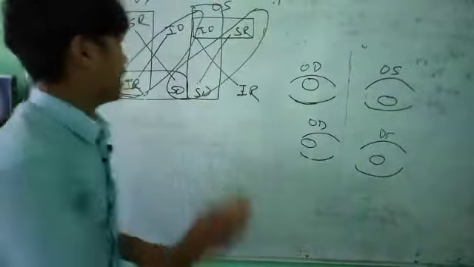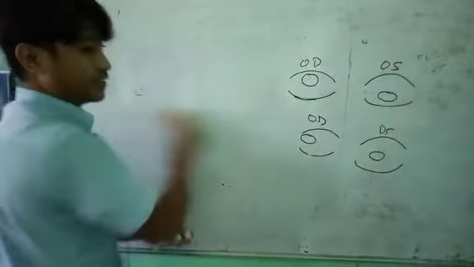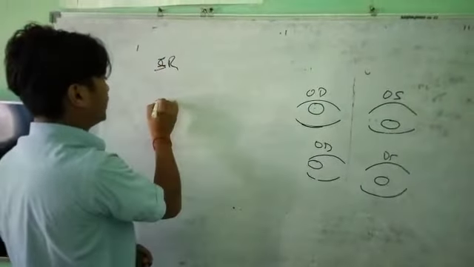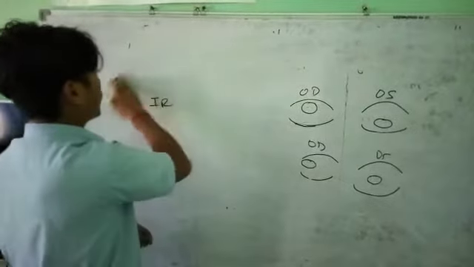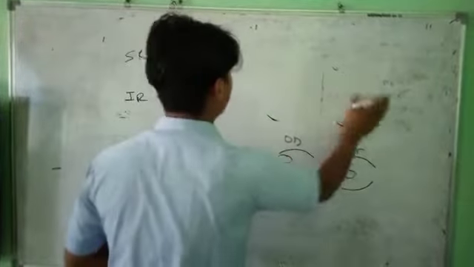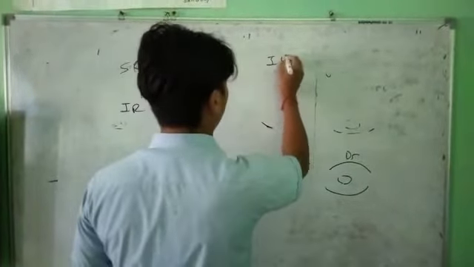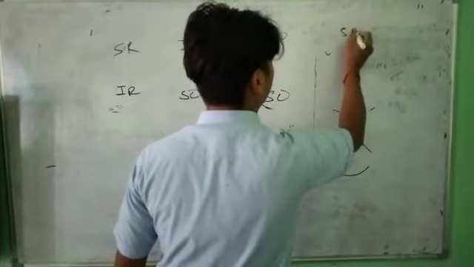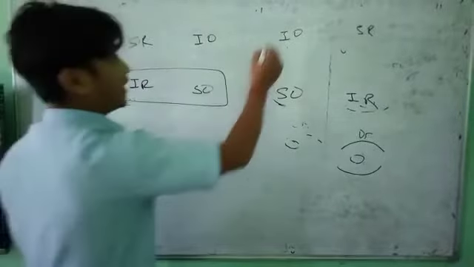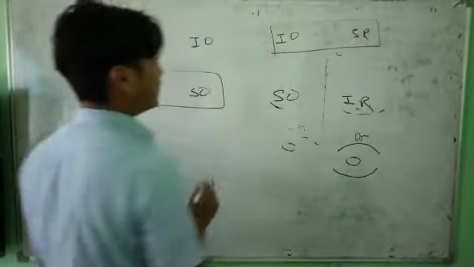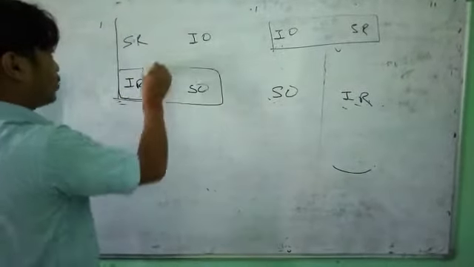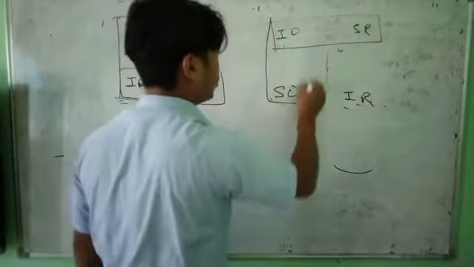In summary, the summary of this question is like this: superior rectus, inferior rectus, superior rectus, inferior oblique, superior oblique, this is the right side, and this is inferior oblique, superior rectus, inferior rectus. In first step what we found is that these muscles are paralyzed, and the patient is looking at the right gaze, the hypertropia is increasing. In this gaze, hypertropia increases.